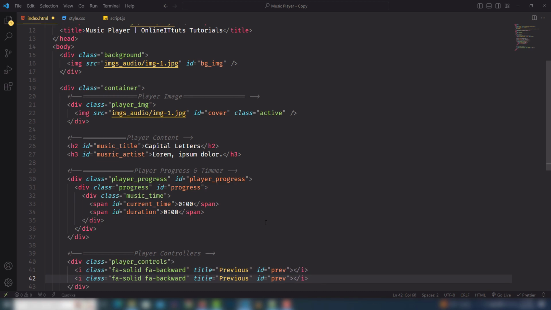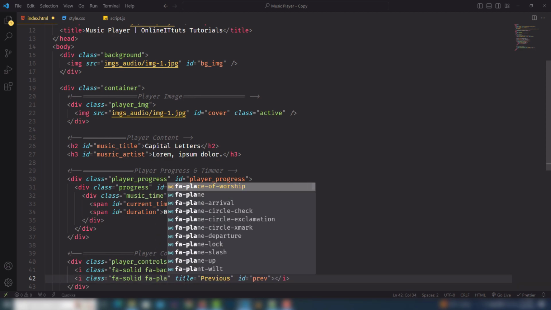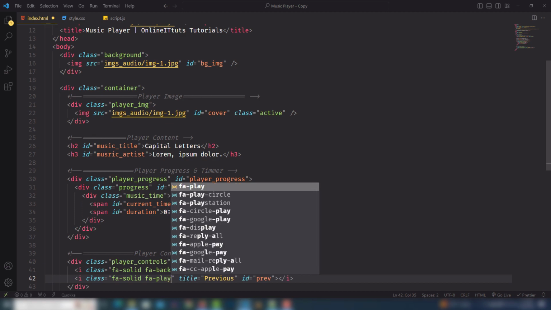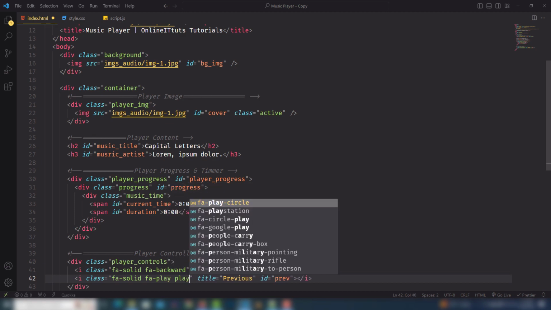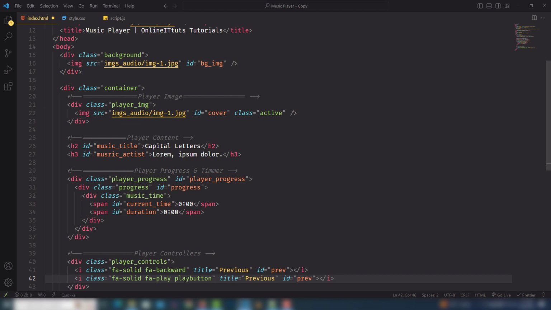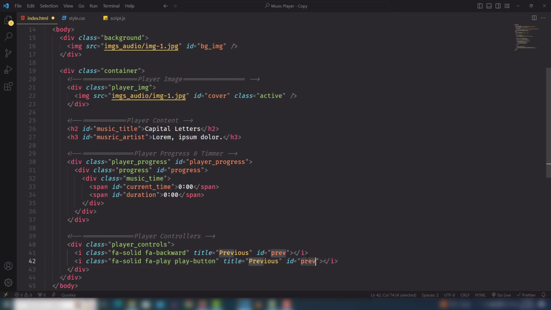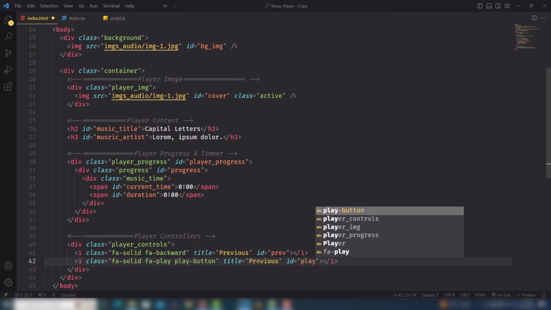I'll copy it and I'm going to use it. fa-solid, that is fa-play, and that is the play button class inside that, like this one, and I need to change the ID to play, title play,